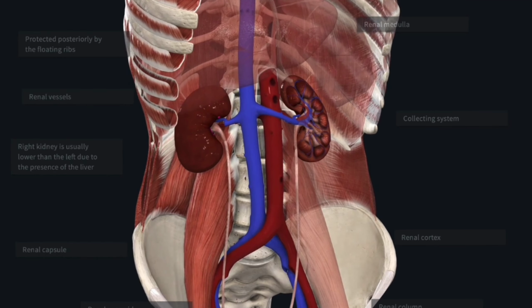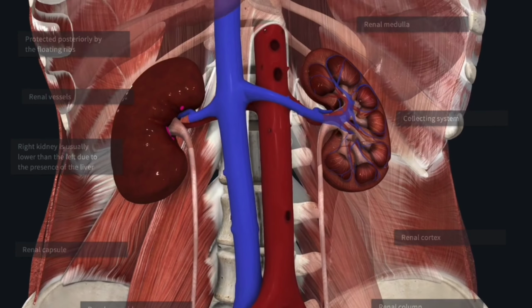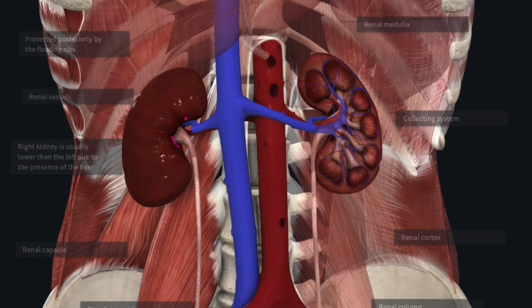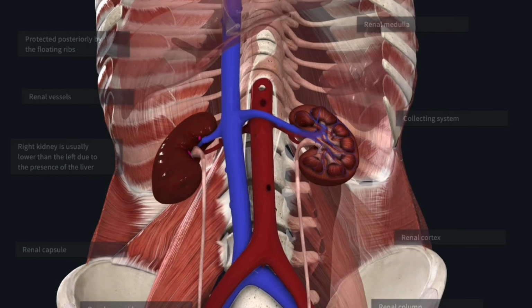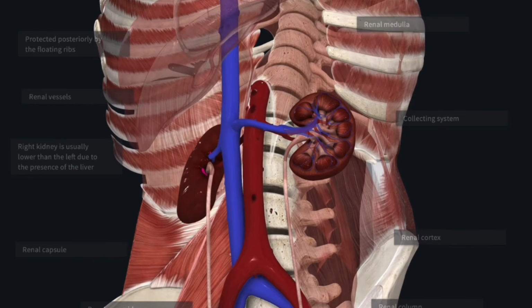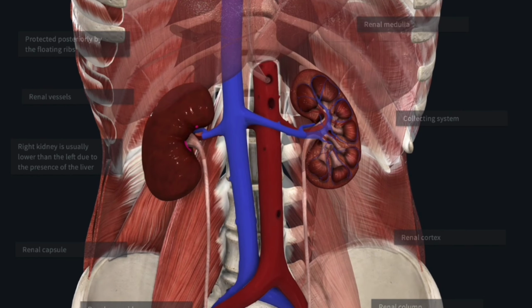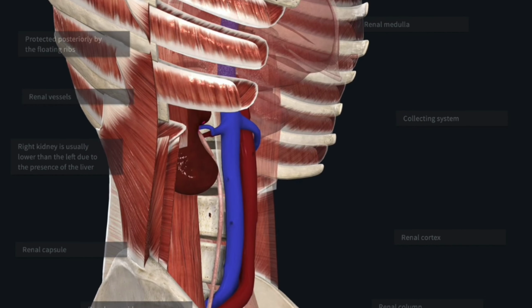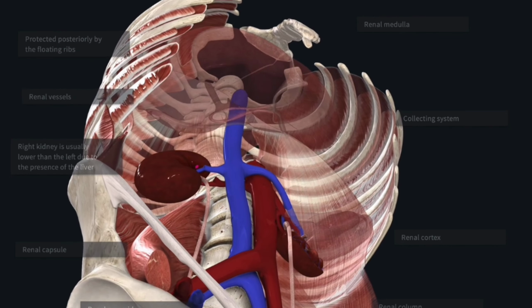The kidneys are one of the only sets of paired organs within the abdominal region. As we can see here, the kidneys are bilaterally located, and this is the case in vertebrates, where we have one on both the right and the left sides in healthy individuals. As we can see, the kidneys are positioned quite far posteriorly within the abdominal cavity, and they're positioned at a